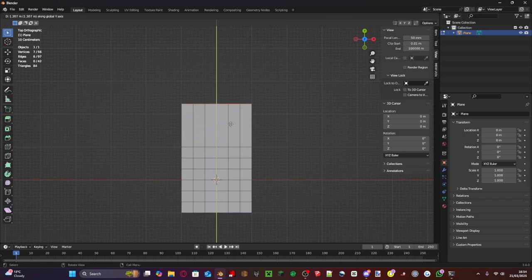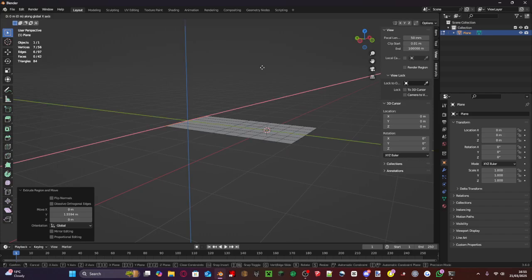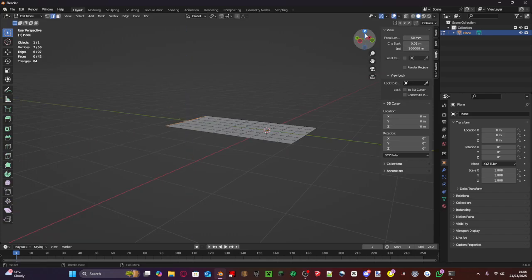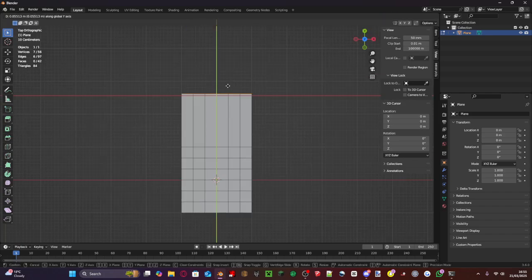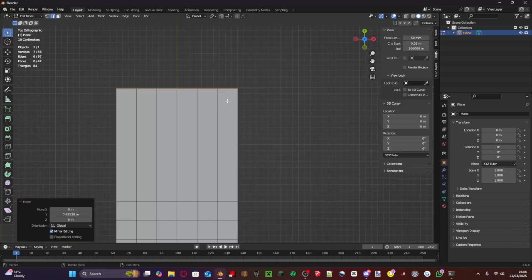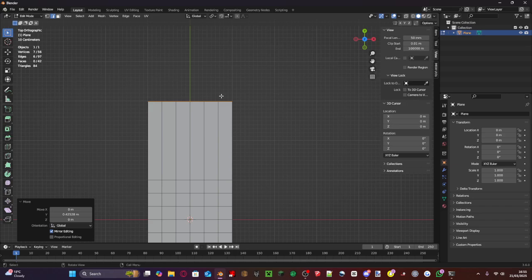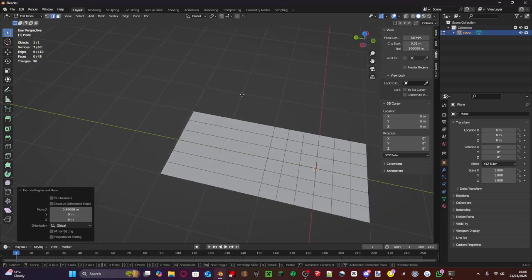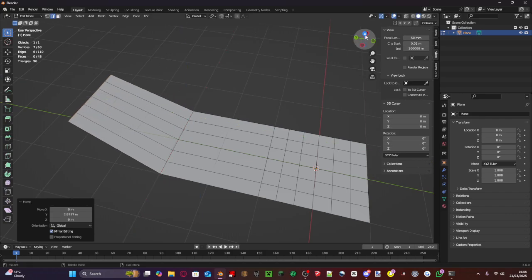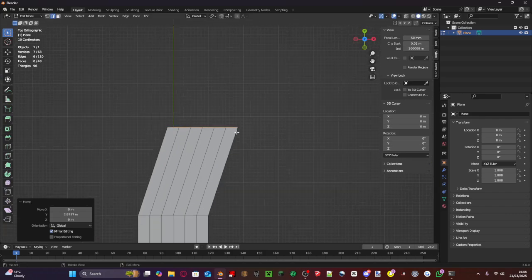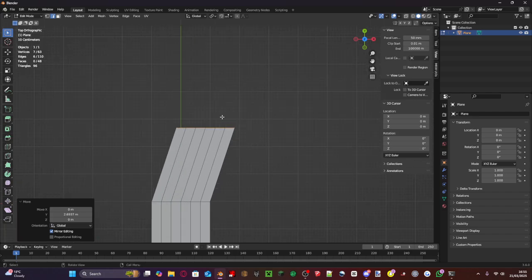Now, if you click on the scroll wheel, then you can snap to any which way, if that's what you'd like. And now, extrude again. Example. And now we're going to do a turn. Instead of extruding that, what we're going to do is